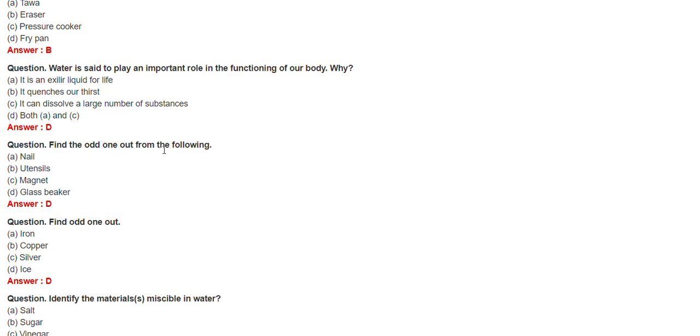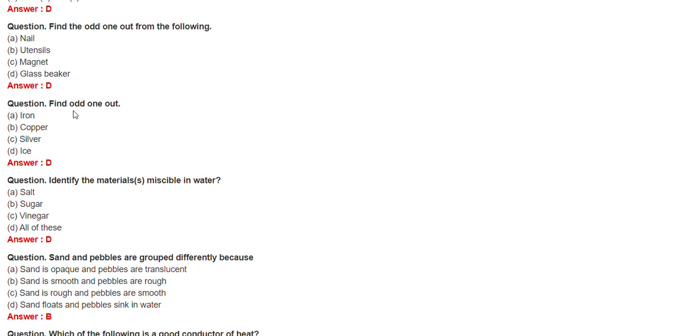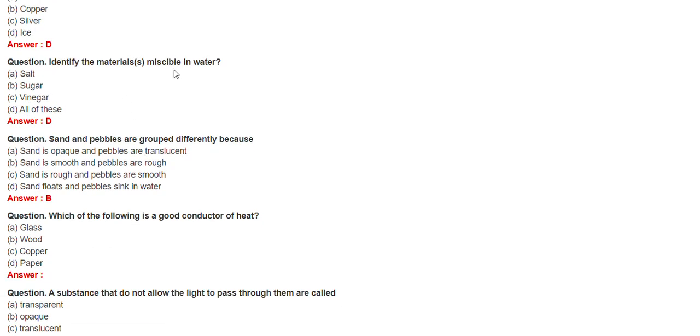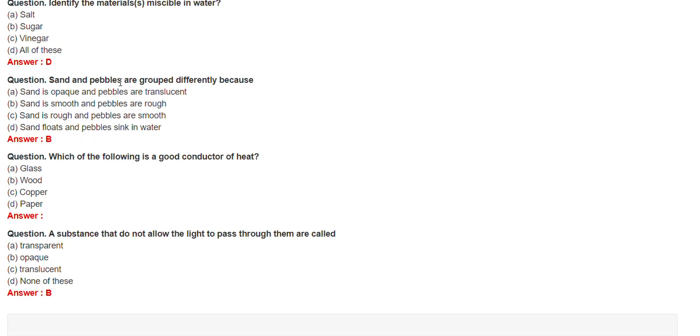Find the odd one out from the following. Glass beaker. Find the odd one out. Iron, copper, silver, ice. Ice is the answer. Identify the materials miscible in water. D, all the above. Salt, sugar and vinegar. Sand and